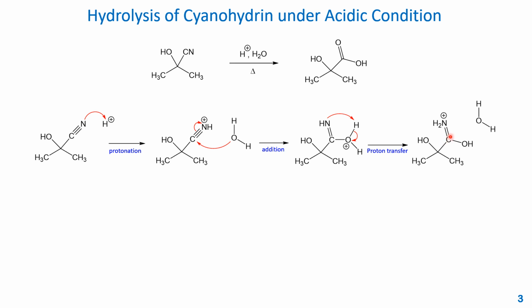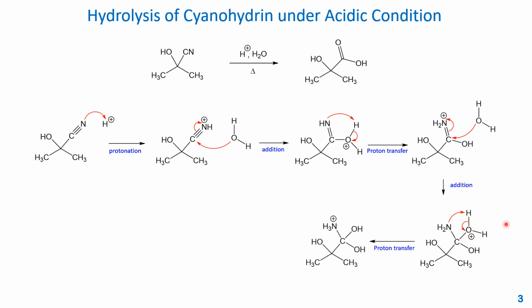Again, this carbon is electrophilic, and it breaks the pi bond between carbon and nitrogen to form the other intermediate. Now this is a tetrahedral intermediate, and you may notice that you can do another internal proton transfer. The nitrogen's lone pair takes this proton and pushes the electrons between oxygen and hydrogen back to the oxygen